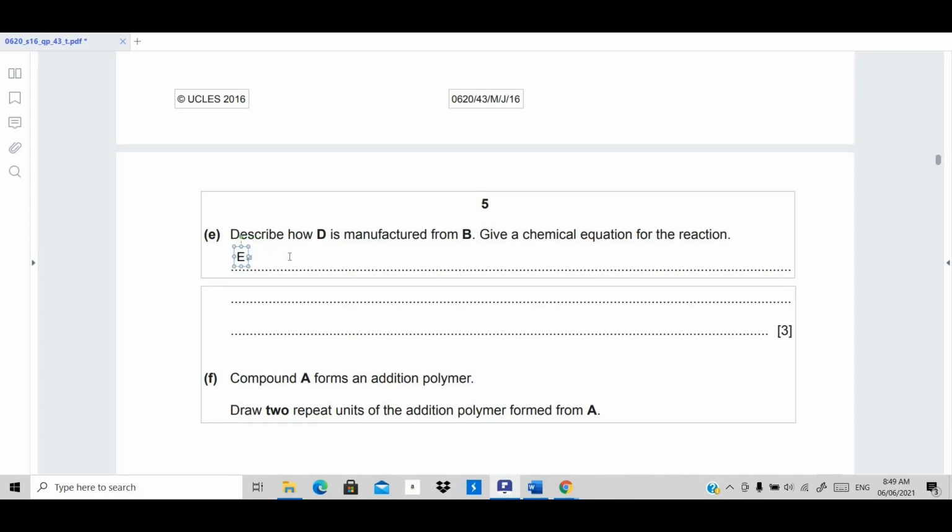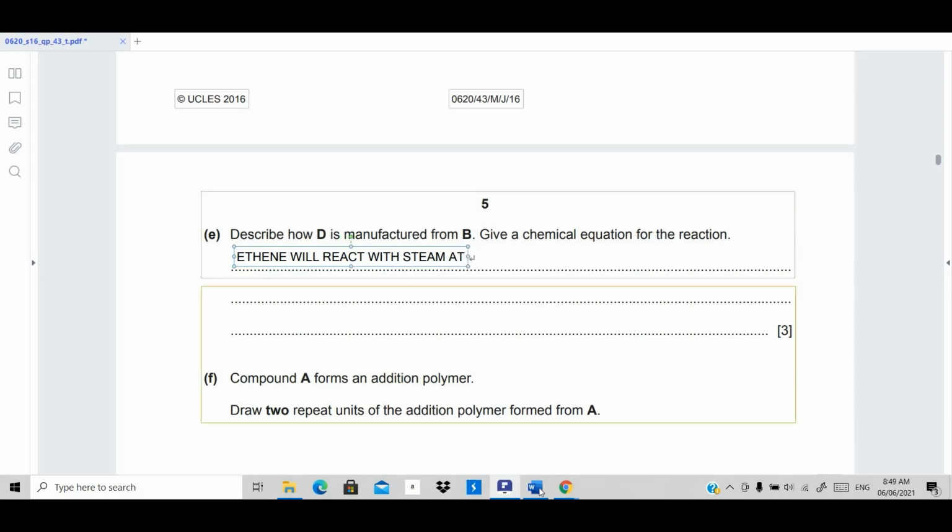We can say ethene, or you can also mention it in terms of alphabets, for example, B will react with D. But I'm writing it out here to explain properly. So ethene will react with steam. You need to mention this. I'll show you the chemical equation afterwards, but I'm writing a description now. Ethene will react with steam